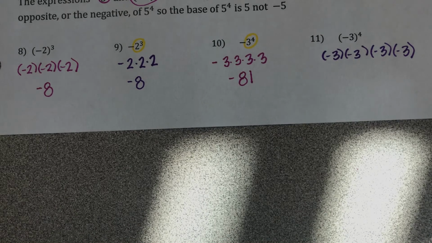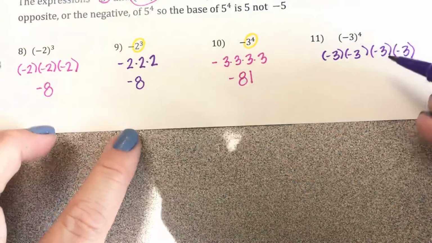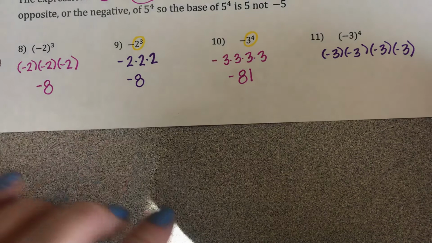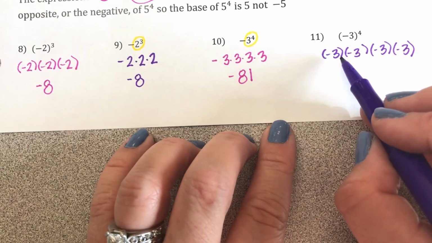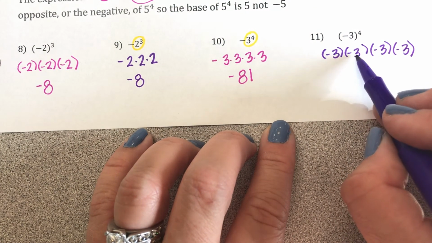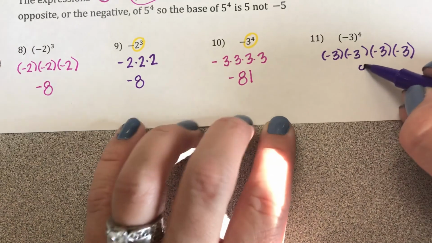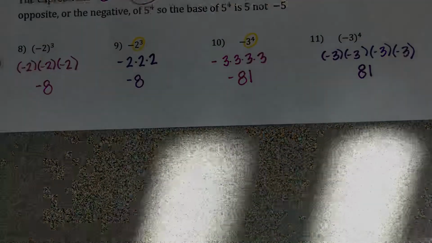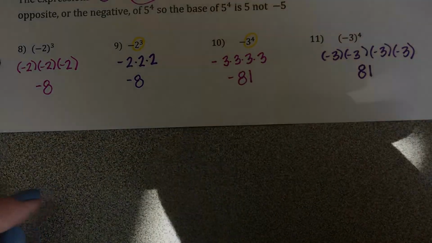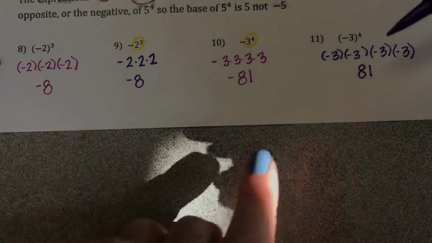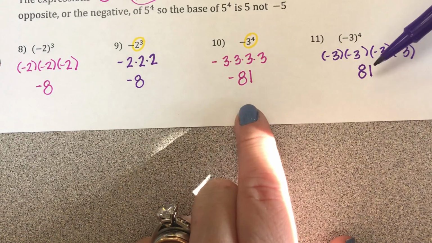So 3 times 3 is 9. 9 times 3 is 27. 27 times 3 is 81, but let's look at the negatives. These two make a positive, these two make a positive. So it's positive 81. So what's the difference between, like, why did the parentheses here make one negative, one positive,